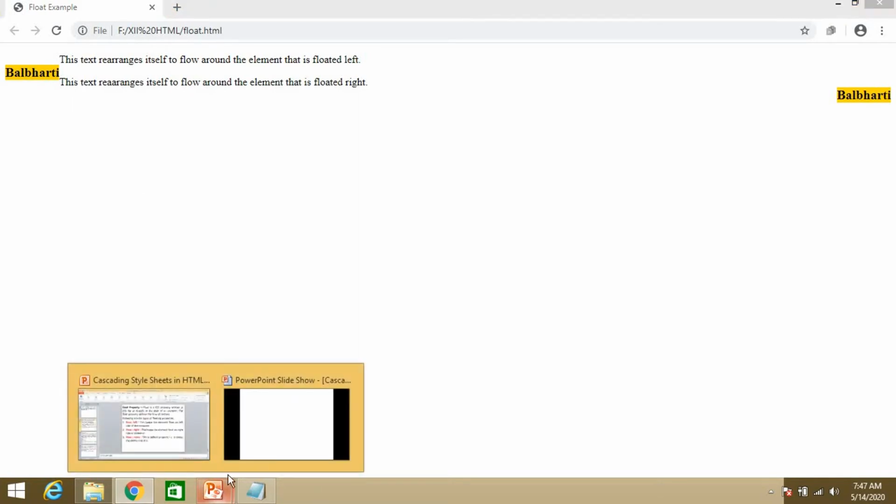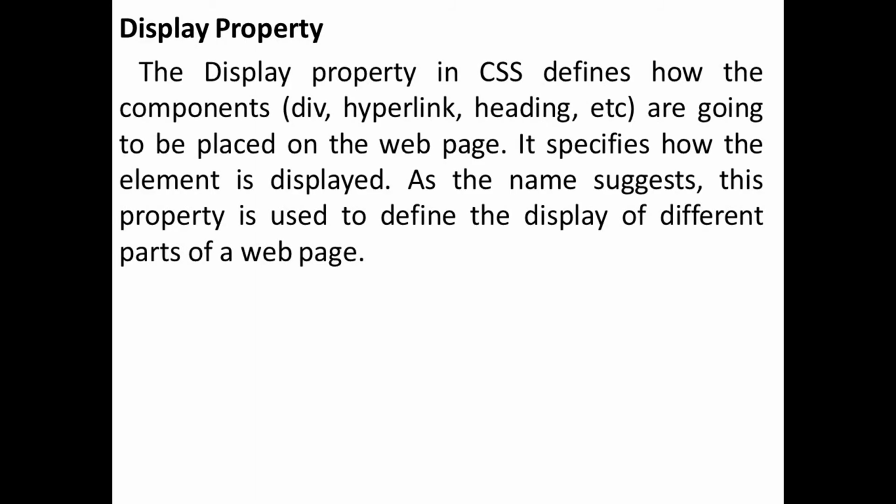Next we are moving to the next part of CSS, that is the display property. Basically the display property is how you are displaying your components onto the container.